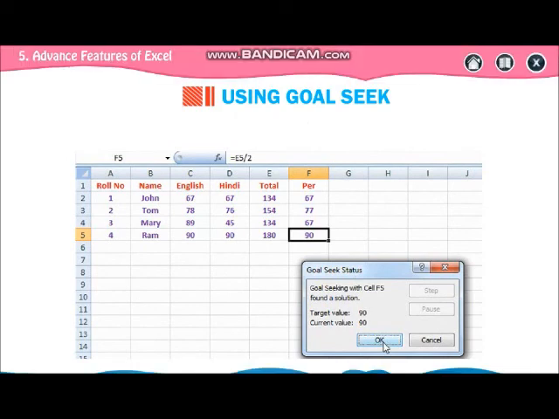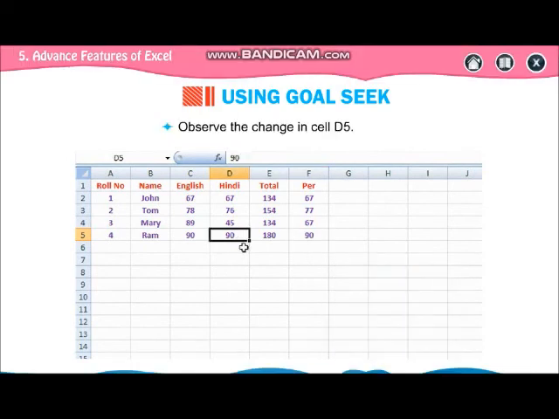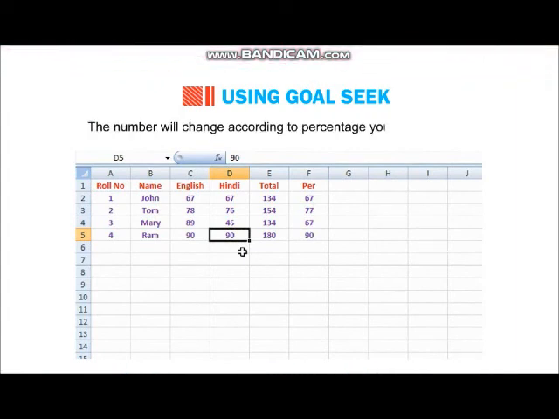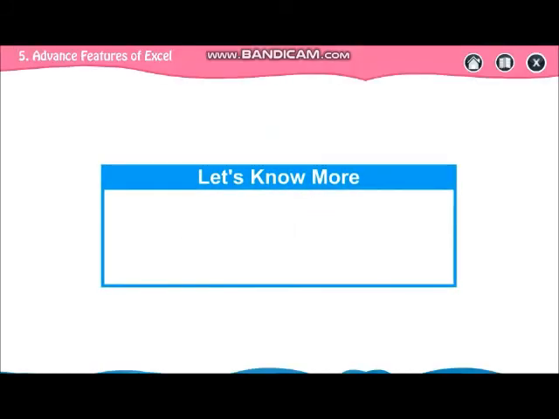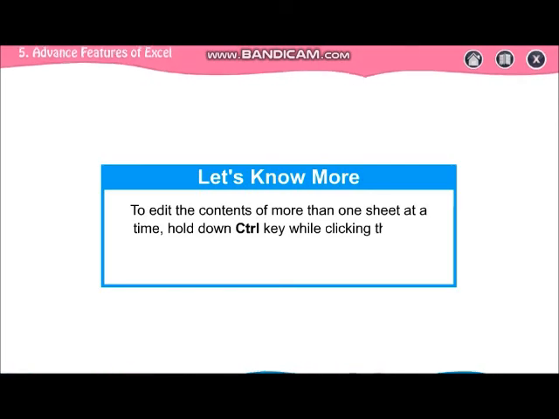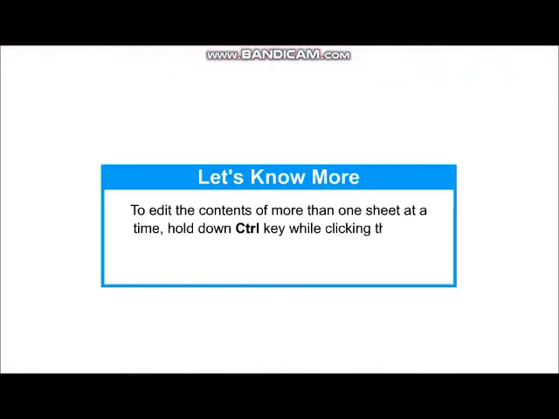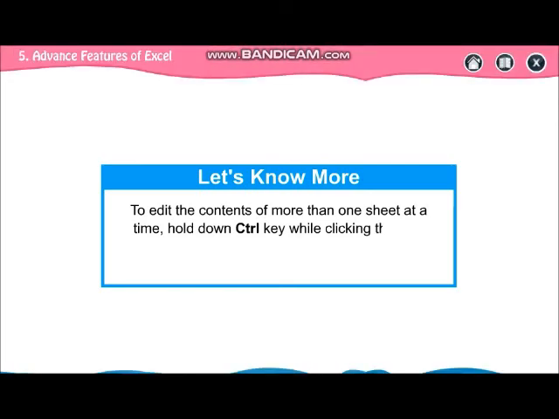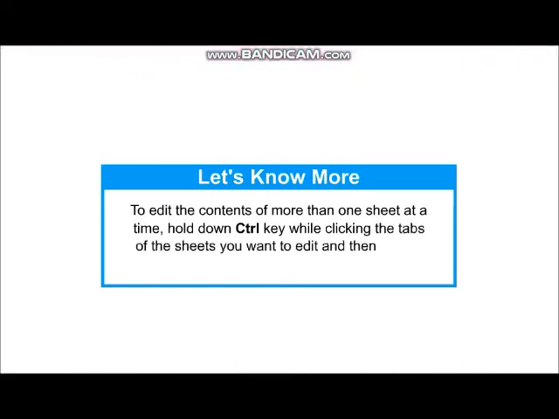Click on OK. Observe the changes in D5. To edit the contents of more than one sheet at a time, hold down the Ctrl key while clicking the tabs of sheets.